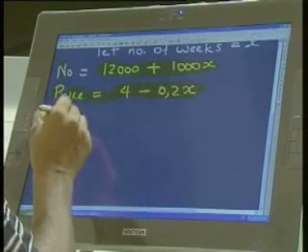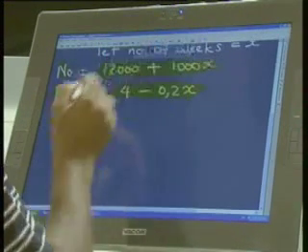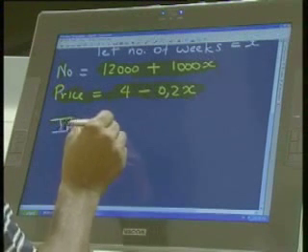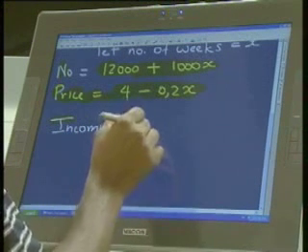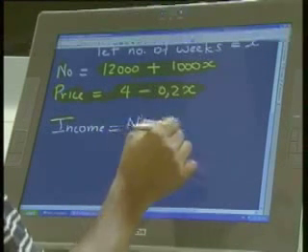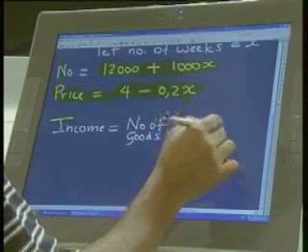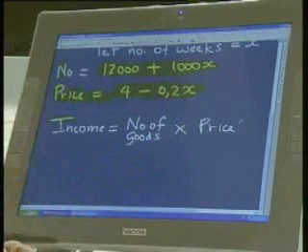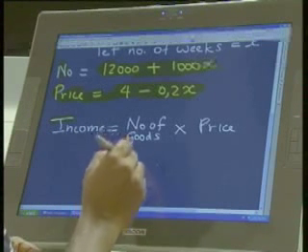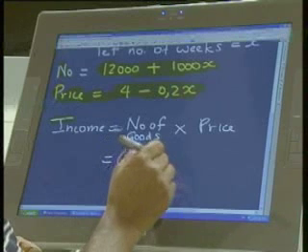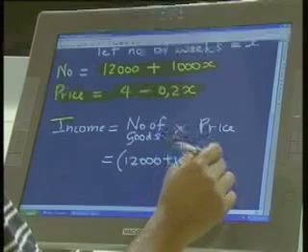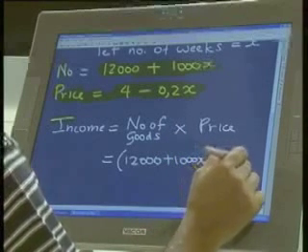Now, how do you work out income when you are selling any set of goods? Is it not the number of goods that you're selling times the price? If you're selling 10 oranges at 20 cents, then to get the income, you will say 10 times 20. So to get the income here, I'm going to say 12,000 plus... Okay, I understand now. You're getting it now. So we're going to multiply these two expressions.